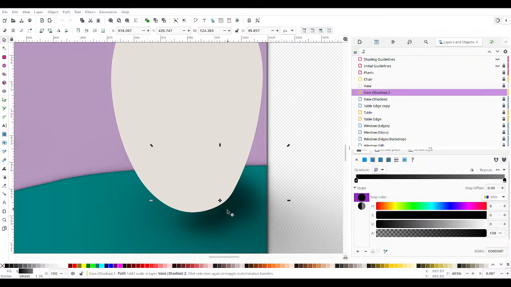Now you don't want it completely transparent on the outside edge of the gradient, so that's why I moved it up to about 35. The other one you can leave completely opaque,